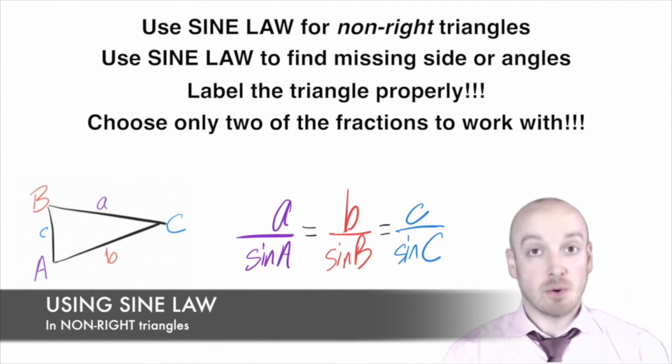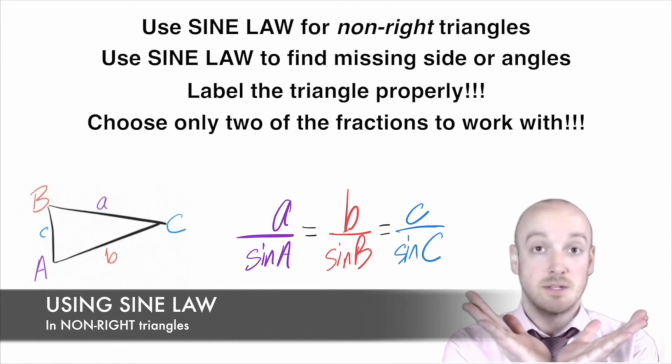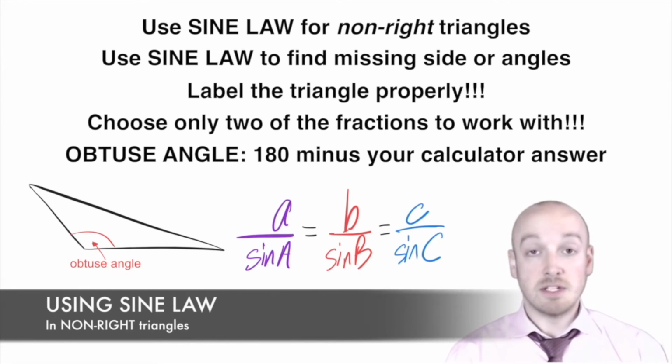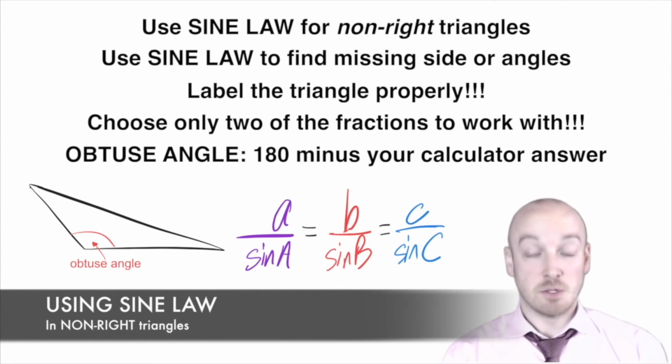Now, one really important thing to know about the sine law is that if you're solving for an obtuse angle, and remember, obtuse means bigger than 90 degrees, you've got to take whatever answer your calculator gives you for that angle and subtract it from 180. The reason for this, although you don't really need to know it, is that the sine of 2 supplementary angles is exactly the same. So for example, if you took your calculator, you could try it now,